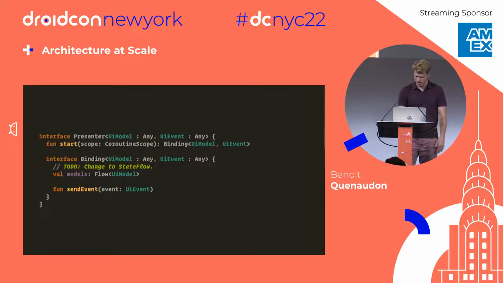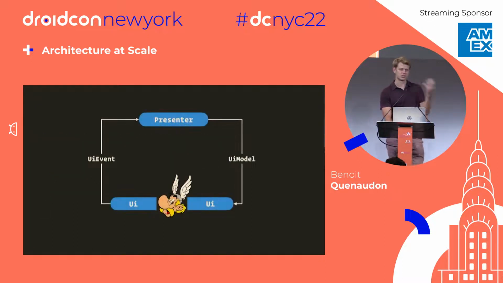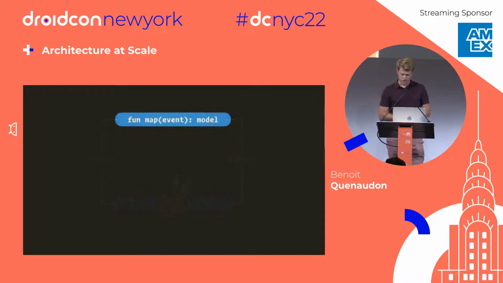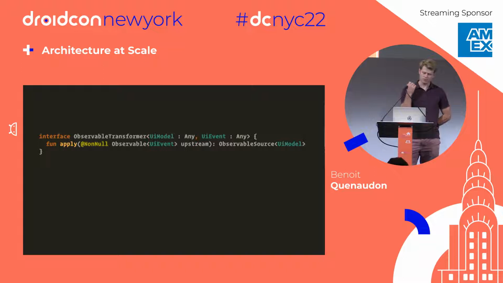Okay, so if you remember, the presenter, I said I thought it was a map. So it's basically just a map doing side effects, which can also trigger other streams or whatever. And so in Rx, this would have been perfect for an observable transformer. We also had a coroutine presenter.